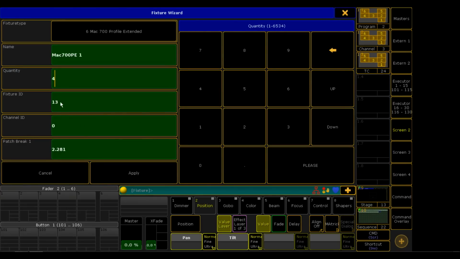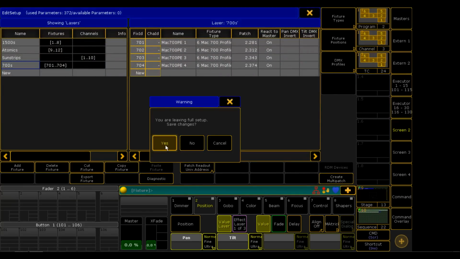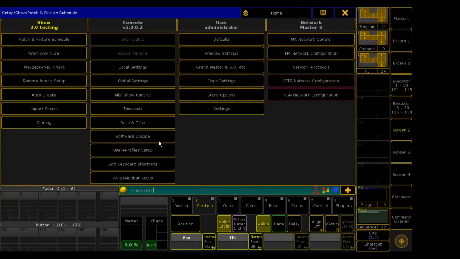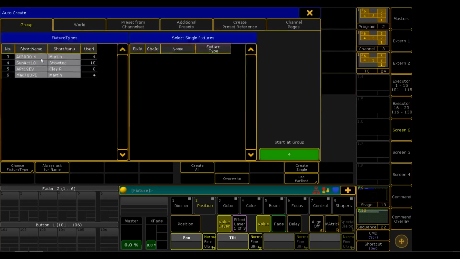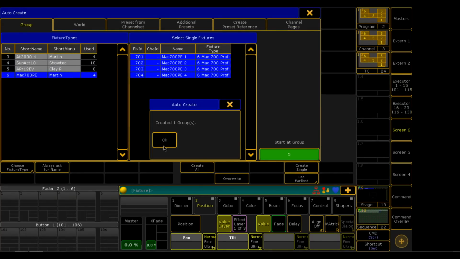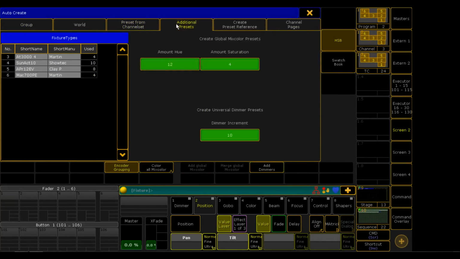We'll add 4. And we'll make the unit ID 701. Why not? Alright, so we've got, now this could be interesting. They've added additional presets, which I did read about. And we'll see how it works. We'll add our 2 fixtures in, and we'll go